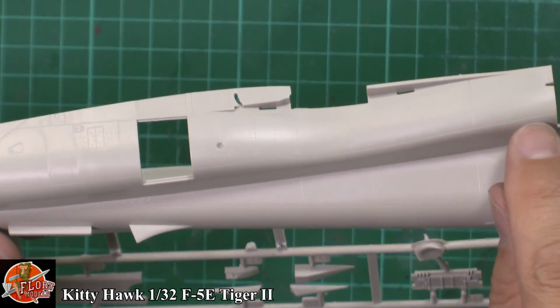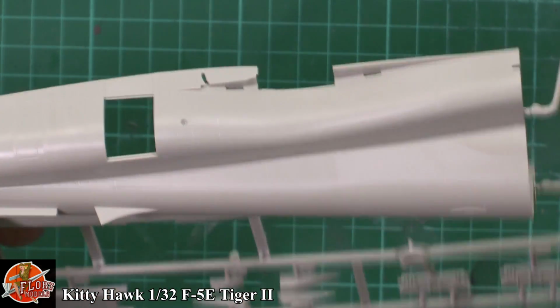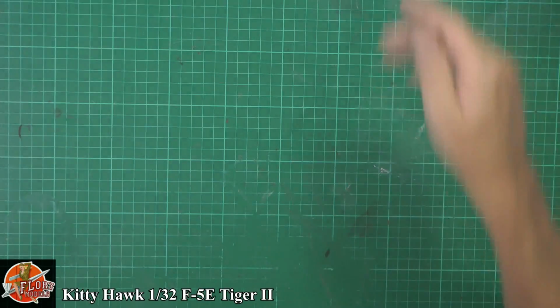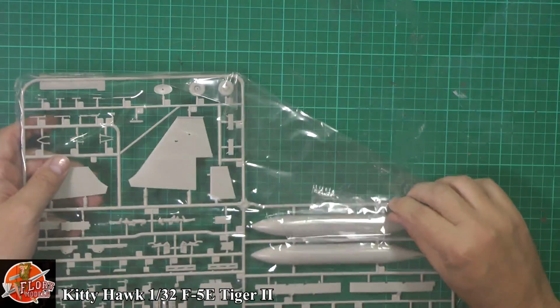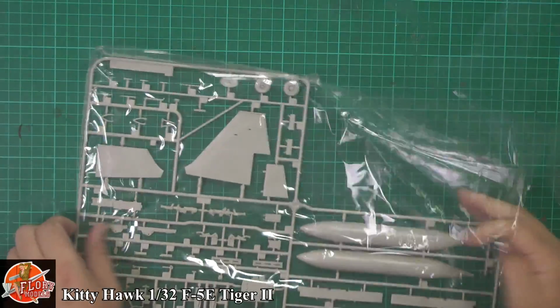That's horrible. You can probably see it there. Look, there it is, running right the way through, right the way to the end. It's a real shame that. Never mind. Okay, so